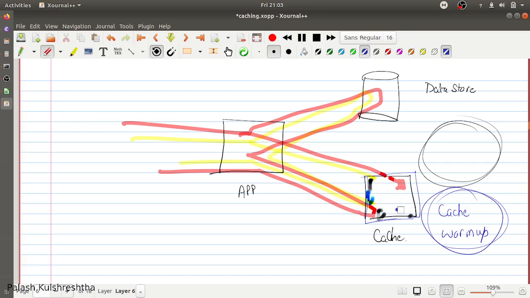Your data is not present in the cache, so cache misses are going to be there, and when the cache starts to fill up, it is going to give higher cache hits. So this is called cache warm up.